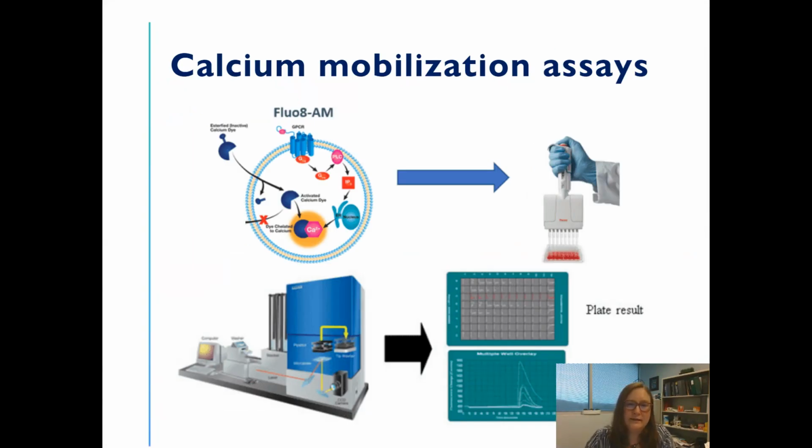So the first assay that we do at days in vitro 12, or DIV 12, is we remove the media and we apply 4 millimolar Fluo-8 acetoxymethyl ester, which is a fluorescent dye, in the cell, and we incubate it for 1 hour. And then immediately prior to running the assay, we remove the fluorescent dye and replace it